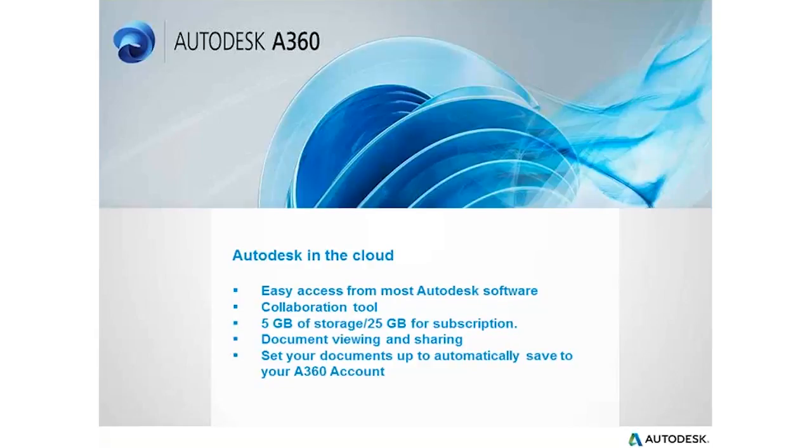And then let's say the next day you get sick, but your boss wants you to make a couple changes to your Revit model, and you have access to it, right? Because it's in your A360 account. You can actually, from home, log on and get that model. You can just send it to him directly if you don't want to fix it yourself, or you can open it up on your system at home and make those minor changes, and then send that off to him, share a link with him so he can go in and get your model and see the changes that you've made. So it's basically access to your design files from anywhere. Okay, so that's at its lowest level.